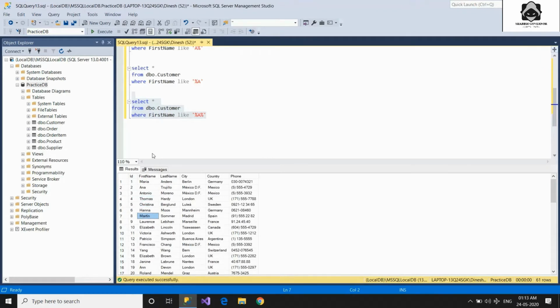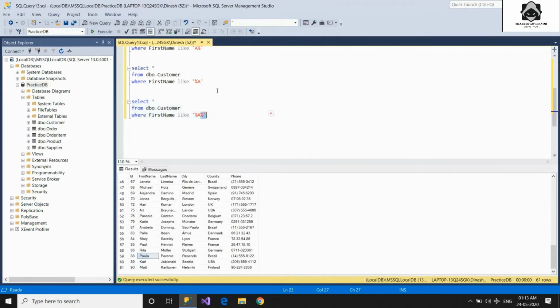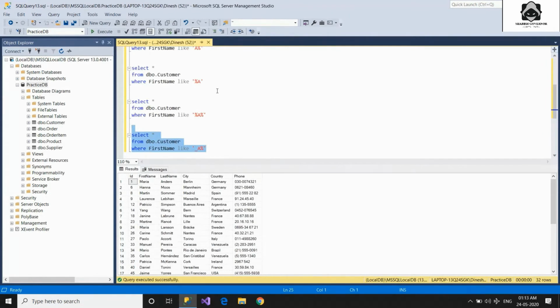Now next is when you want to apply the like clause on a specific position. How to do that? For example, if I want to find A at a specific position in the first name, how to write the syntax for that query? Let's copy the first query first of all, and here instead of the percent symbol we write underscore. So we want A at the second position and after that anything is allowed. For that this is the syntax. So now you can see that A is always at the second position in all the first names.